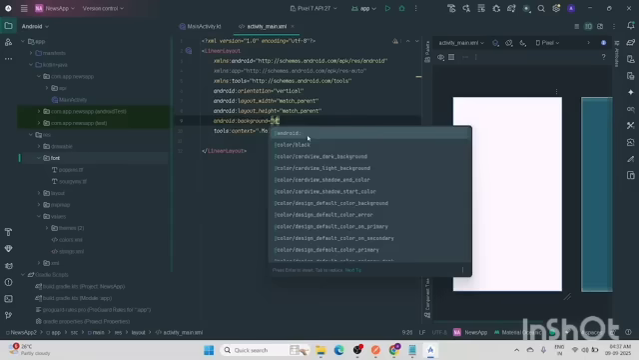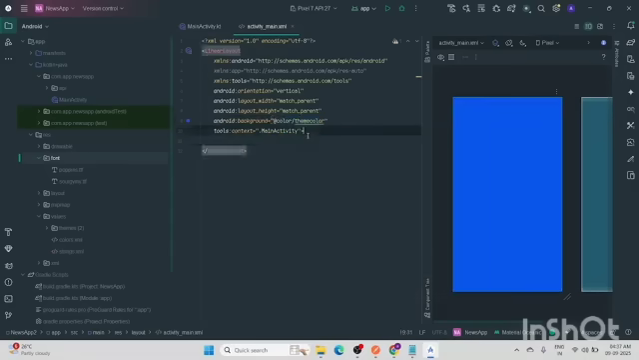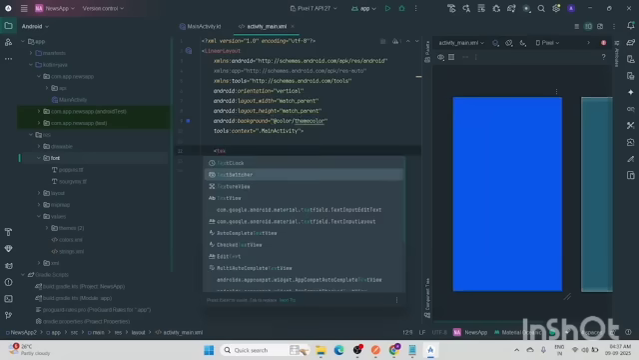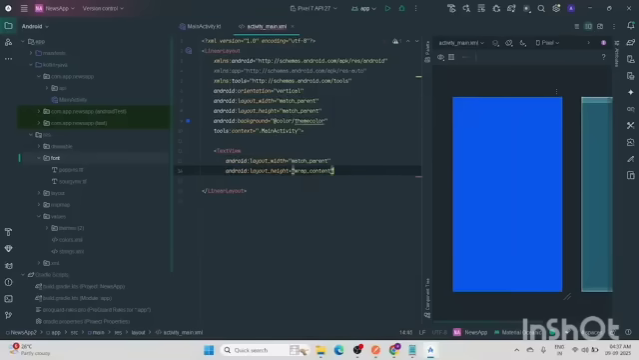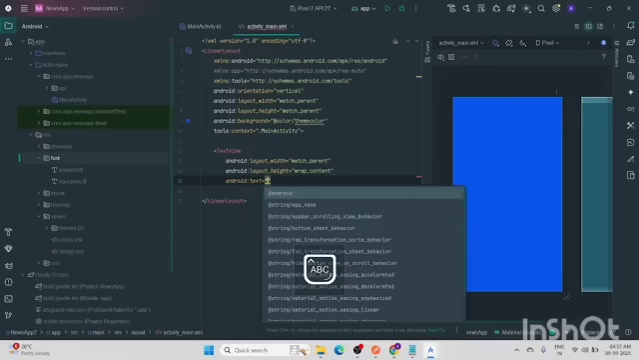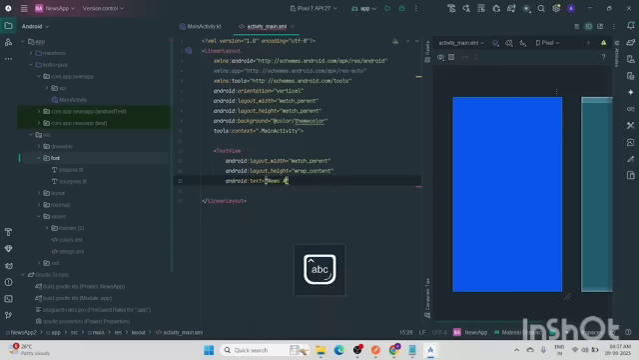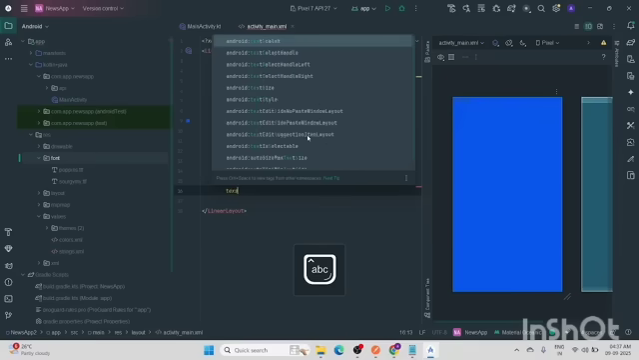And here let's change its background to the theme color. So background is equal to color, and in color I need my theme color. Okay, and now let's add the text view, because this is our splash screen. So it's match parent, wrap content,